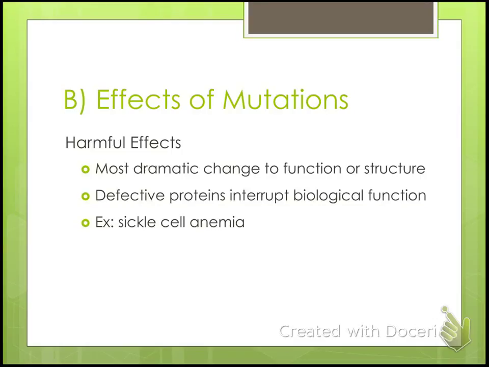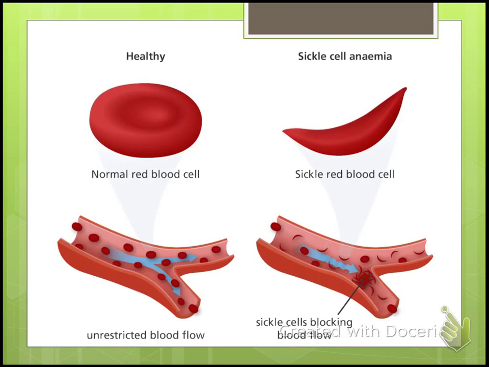So when you have a different protein, it can't function in your cell correctly or can't function in your tissue, whatever we're talking about at the time, and it changes the biological function. An example would be sickle cell anemia. It has to do with red blood cells. So if we see on the left, here's a normal red blood cell, looking nice and circular. When we have a normal red blood cell, it passes through our veins, our arteries, and it's unrestricted because of